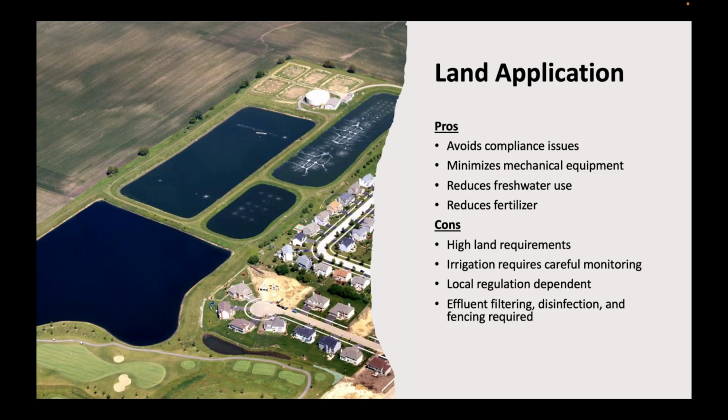The downsides are it requires land, right? The storage lagoons require land. The irrigation space requires land. In some instances, the municipalities need to own the land that they're irrigating on. And I'd say the big thing with that is that it's highly important that you have the land to actually land apply. Otherwise, you won't be able to get rid of your water. And the only way to really guarantee you have the land to land apply is to own it yourself, right? So I've definitely seen scenarios where